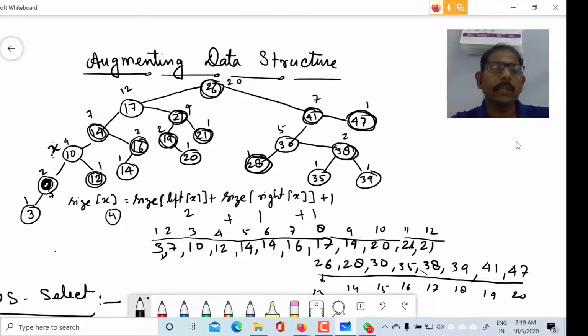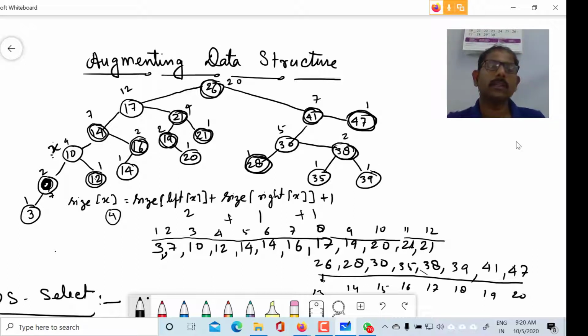I have sorted and written all the elements of this tree, like 3, then 7, 10, 12, 14, 16, 17, 19, 20, 21, 21, 26.